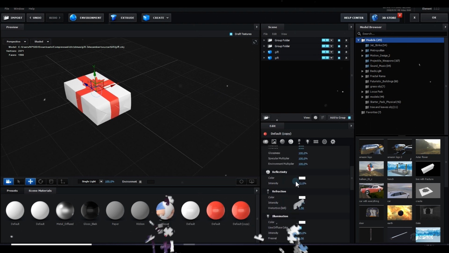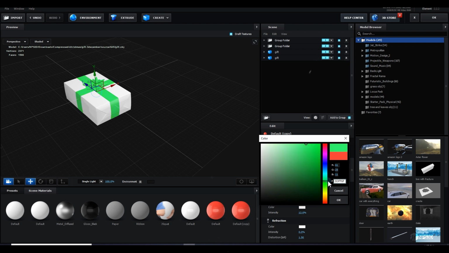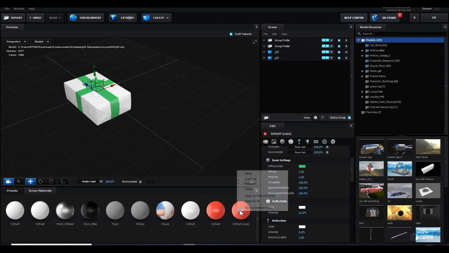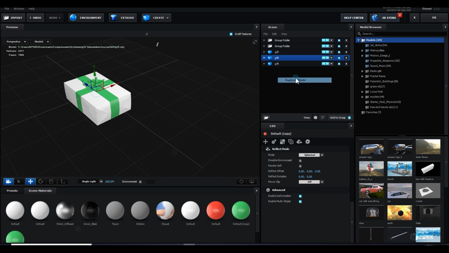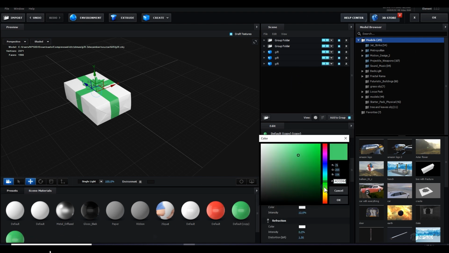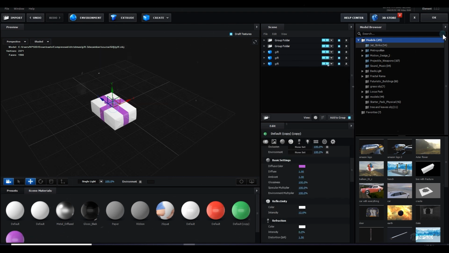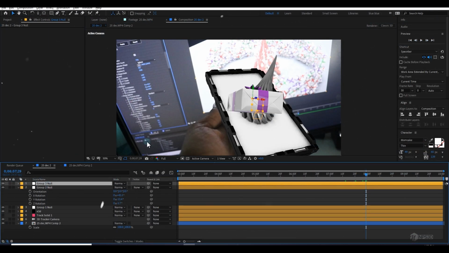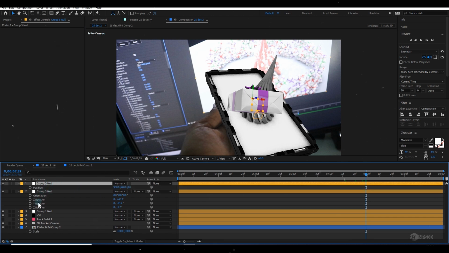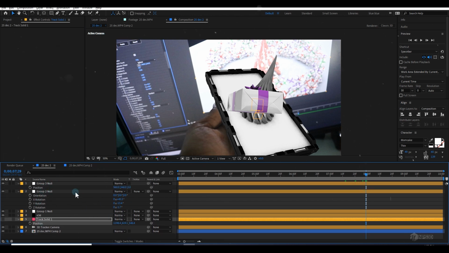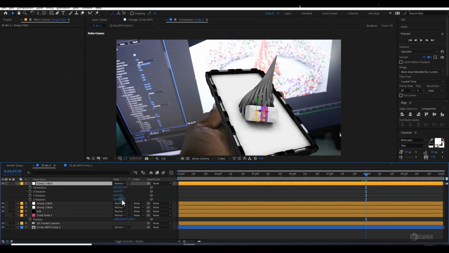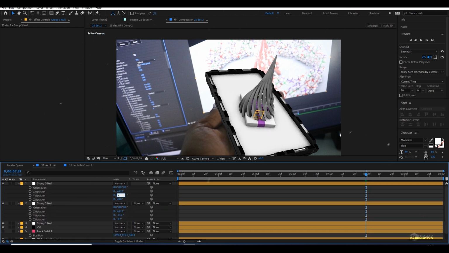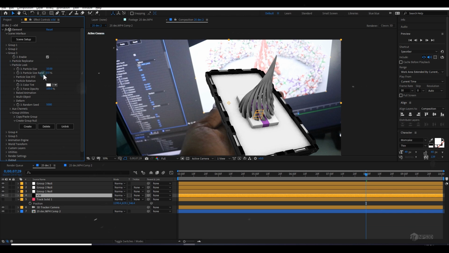Select this material and make it maybe green, which represents Christmas. Let's duplicate this material and duplicate this gift again, and this time select this one and make it something like purple. Perfect. Hit OK, and now go to the group 3. Let's create a group null first so that we can just drag this. So press P and copy this position and paste it here and rotate it 45 degrees, -13 and -2, something like that. And let's go to the Element 3D, to the particle look.